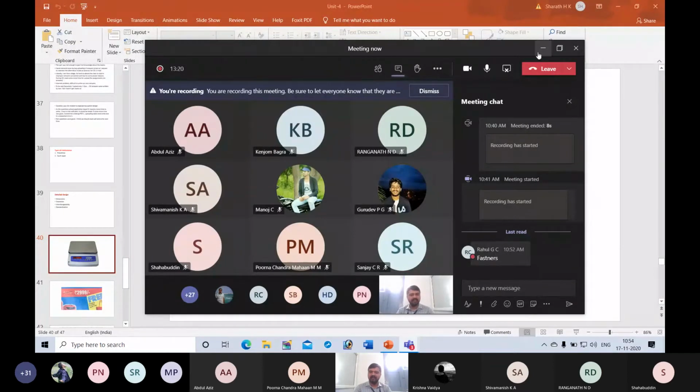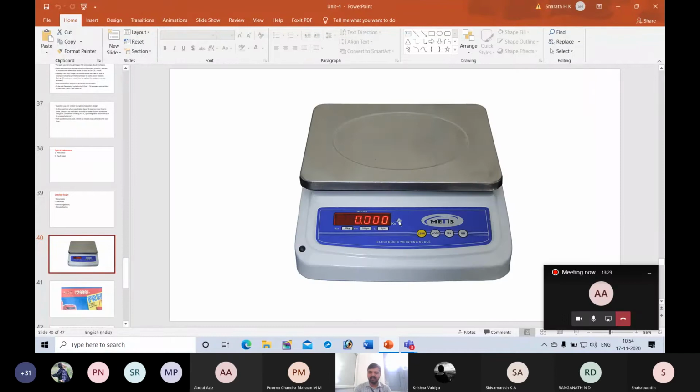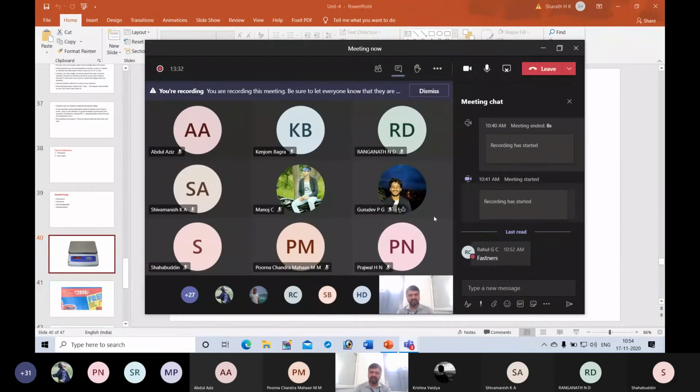That means there is some deviation, it may be 10 to 20 grams or 20 to 50 grams, depending on the price of the vegetable you are buying. So if you go for buying vegetables or fruits, there is a tolerance limit in weighing. It may vary depending on consumer and the seller. According to your common sense or your observation, what is the tolerance limit when you go for buying any vegetables? How many grams is the tolerance limit?